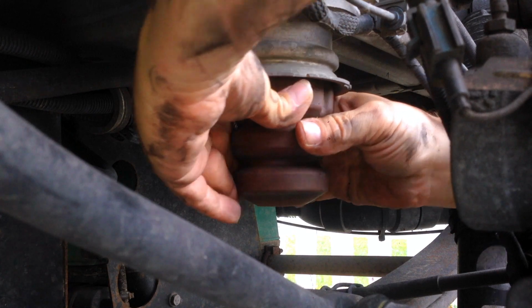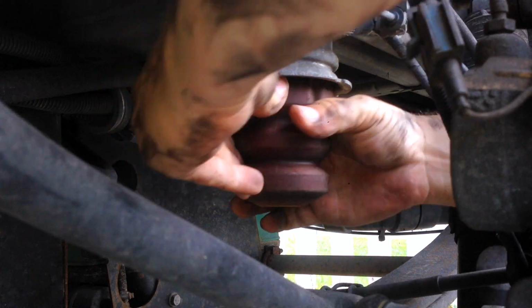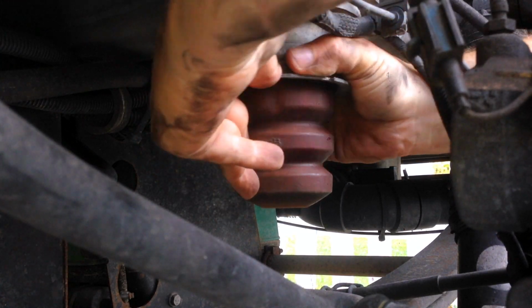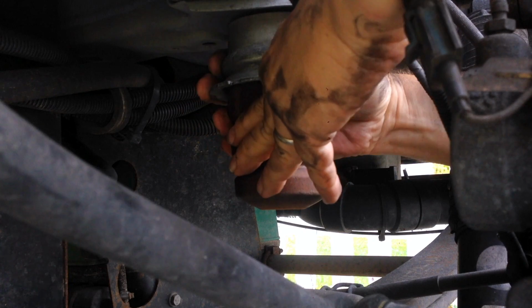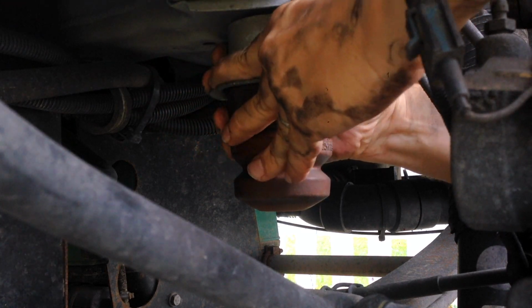Okay. And now what I'm doing is fighting the rust on the bolt that's a part of the base of this bump stop that was sticking up above the nut embedded in the frame. So the thread dimensions are correct, but I'm literally scraping rust, oxidation, through the...